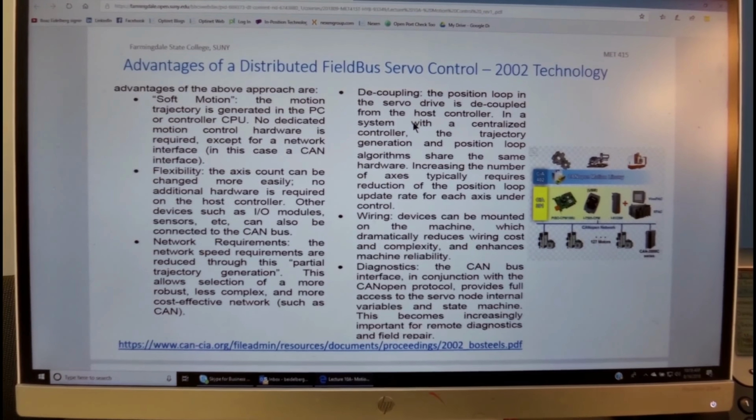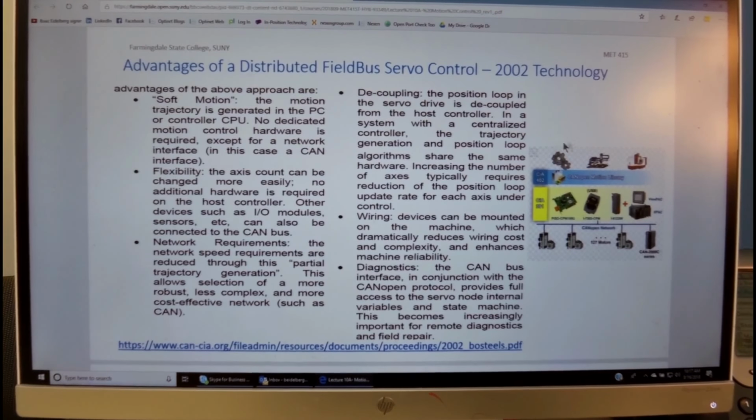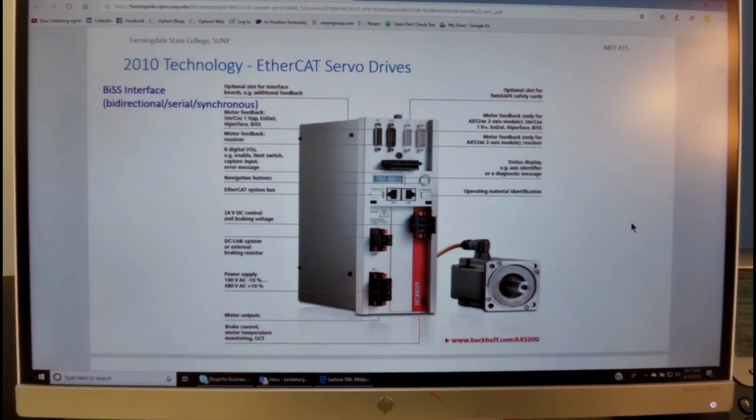Therefore, the host controller can operate at slower speed, and each one of the servo amplifiers does its own process, and the end result is much higher speeds. Also, the wiring is simplified and very well-established diagnostics to troubleshoot the errors in case they occur in the networks are provided in the CANopen field bus.